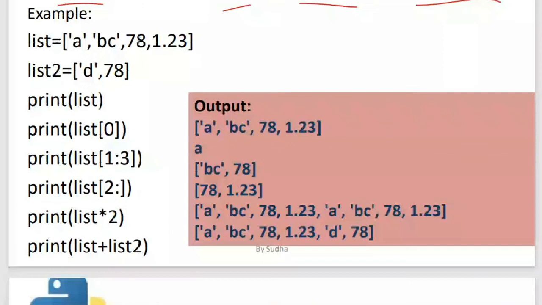So this is a list over here. I have given a name to it, list. And as I said, the difference between an array and a list is that